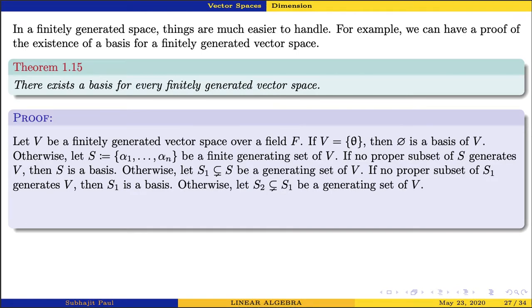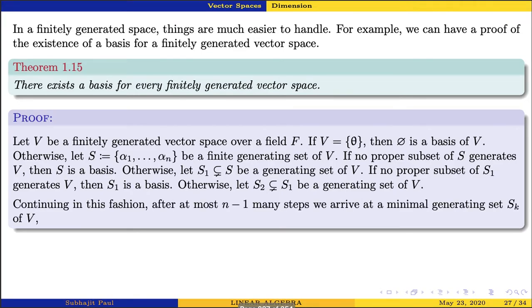Otherwise, choose S2, a proper subset of S1, to be a generating set of V. Continuing in this fashion, after at most n minus 1 many steps, because we have n many vectors over here, we arrive at a minimal generating set Sk of V. Okay, this may not be Sn minus 1, because